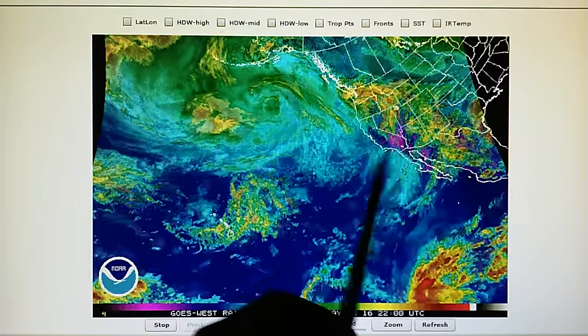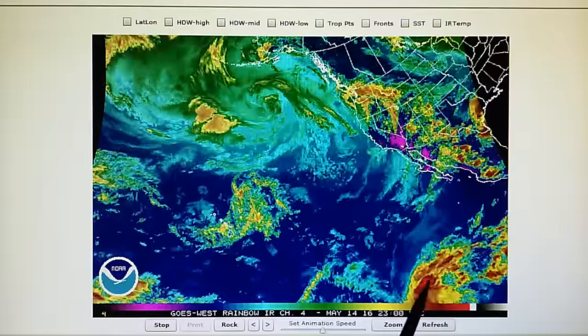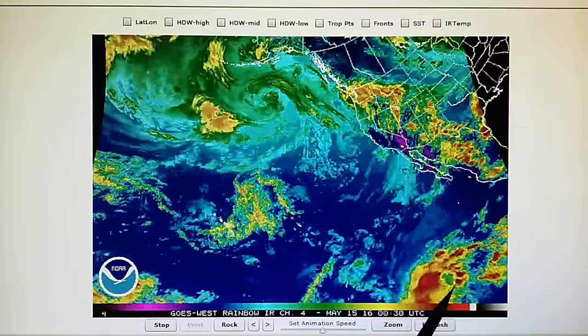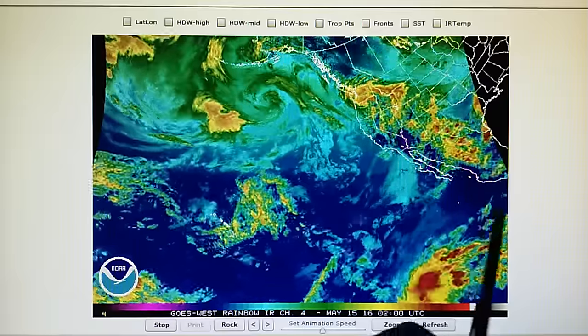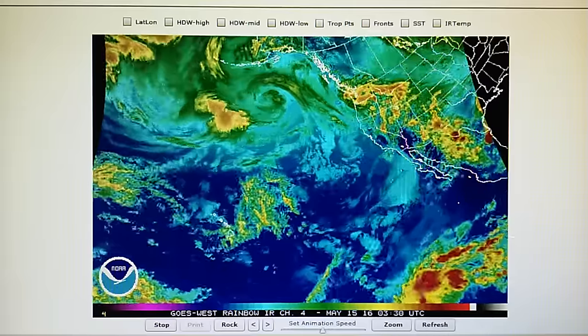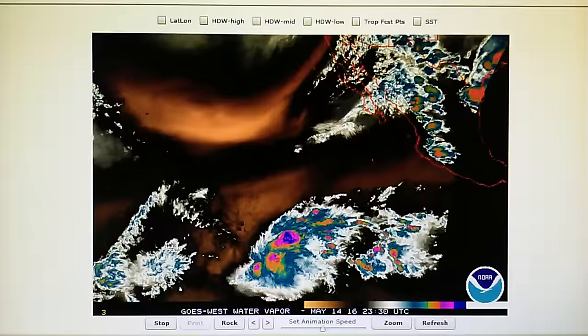in the western U.S. map. Okay, so right now, also we have thunderstorms down here being blown apart. We're going to take a look at that right down here. This is where all the hurricanes get started, right down in this very warm water. Okay, so let's take a look next at the eastern Pacific water vapor loop, and we can see that this